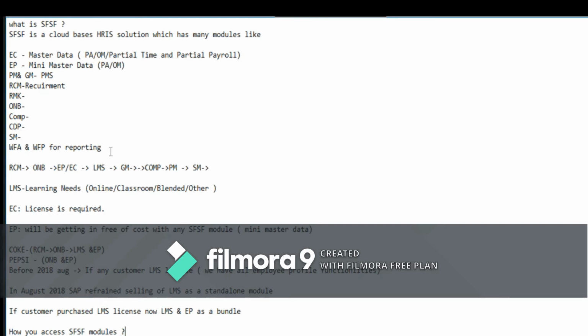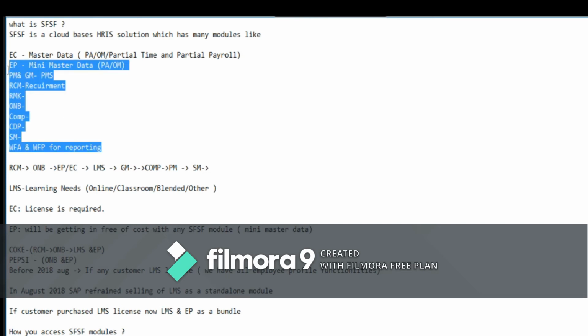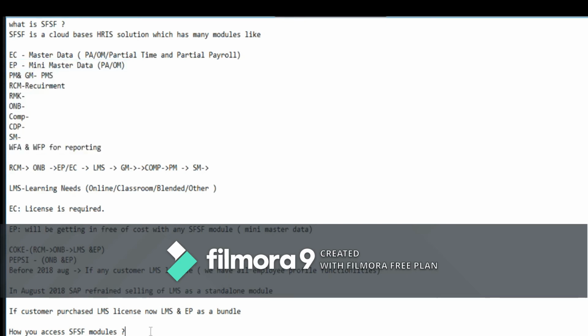With one single URL, you can access all modules, because all modules can be accessed from one BizX instance. From the BizX instance, we can access all SuccessFactors modules. And LMS can be accessed with one direct link, which will start like